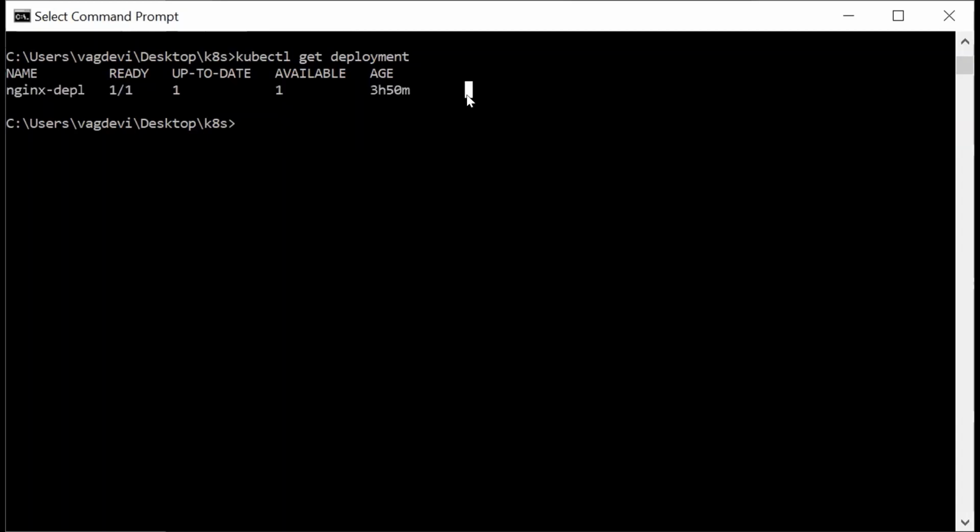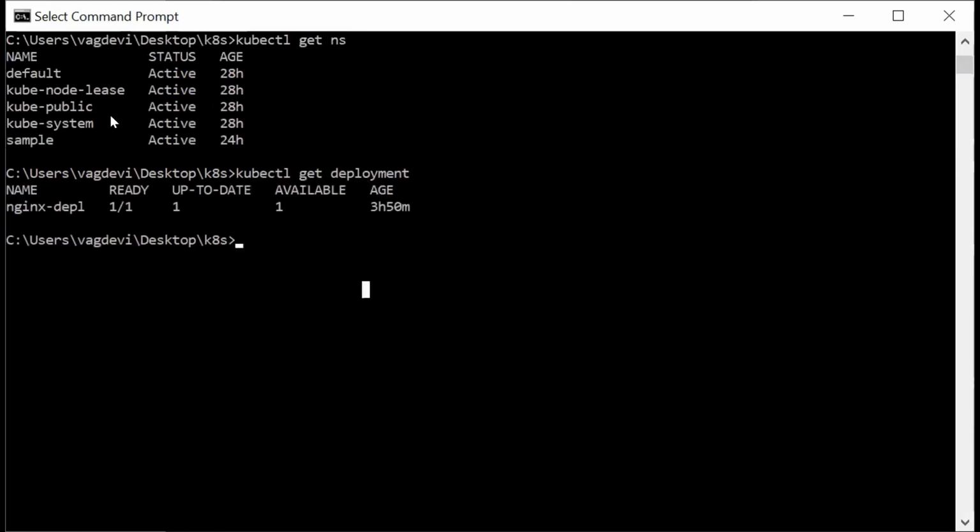Can you guess why? It is because we haven't given the namespace from which we want to get the deployments. When we don't mention the namespace, it will get all the deployments from the default namespace in Minikube. So we can tell that we want to get the deployments and services which pertain to a particular namespace.